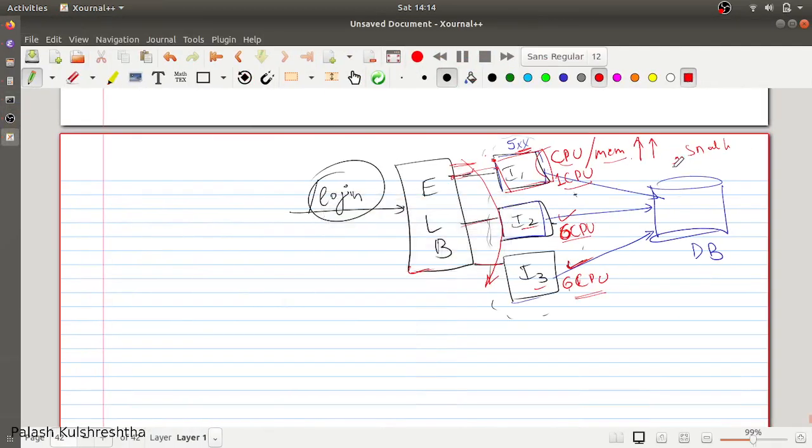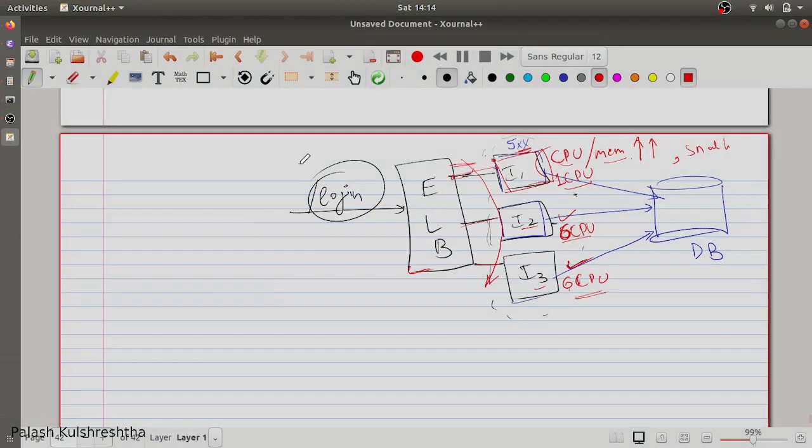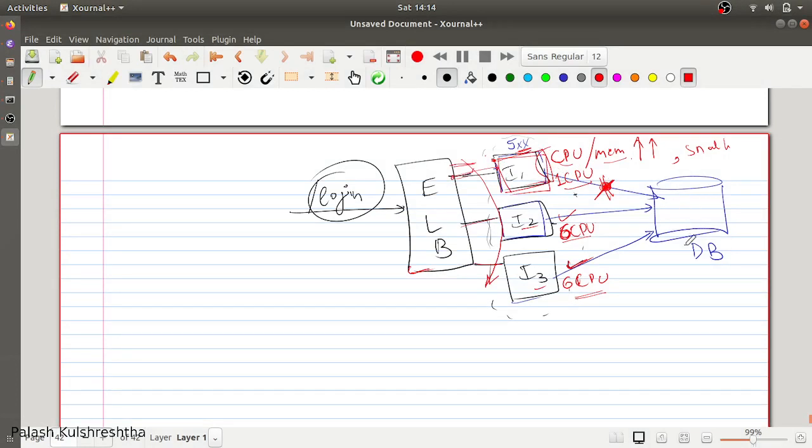Another thing that can happen is, let's say the connectivity between this instance and the DB gets broken. So instance I1 is healthy, everything is good, but it is not able to connect with the DB, which is actually powering the API. So it is going to create problems. It is going to create login issues. It is going to create 5xx or system error codes, because in the login API we have to read from the database and the application is not able to reach the database. So that is also a case in which 5xx can happen.